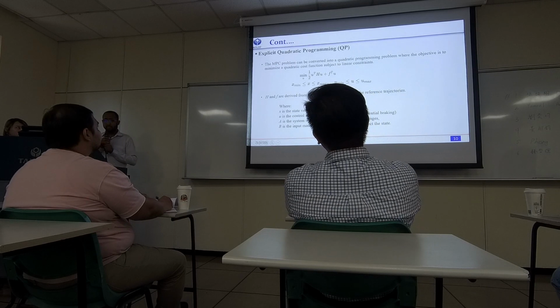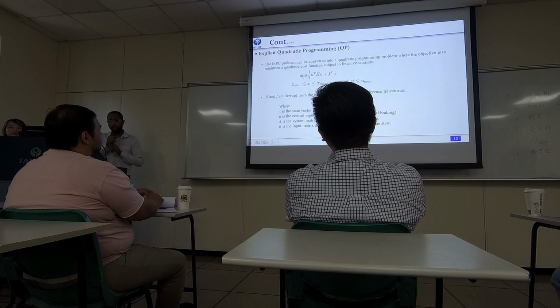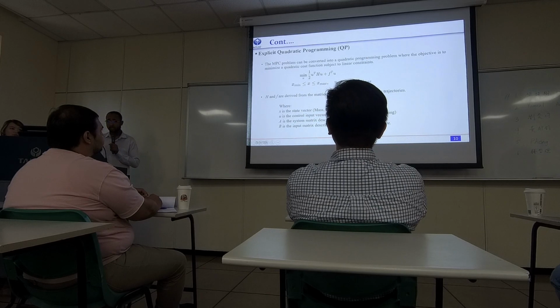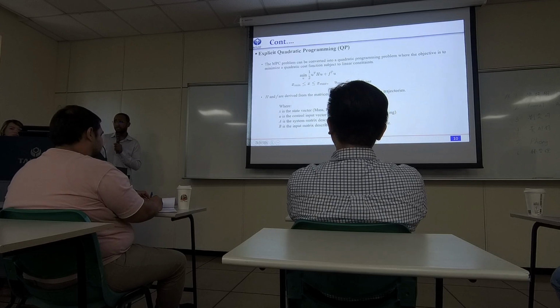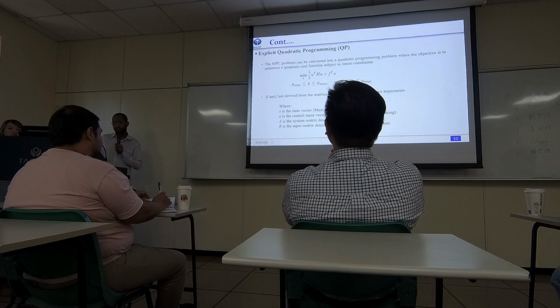And after modeling the predictive model, we'll optimize the model using explicit quadratic programming. So the MPC problem can be converted into the quadratic programming problem, where the objective is to minimize the quadratic cost function subject to linear constraints. And so the constraints are already